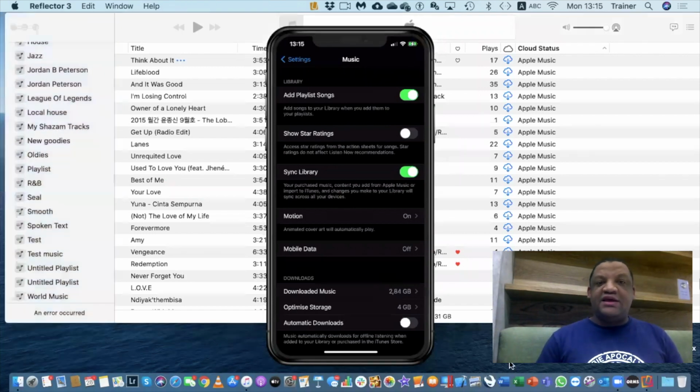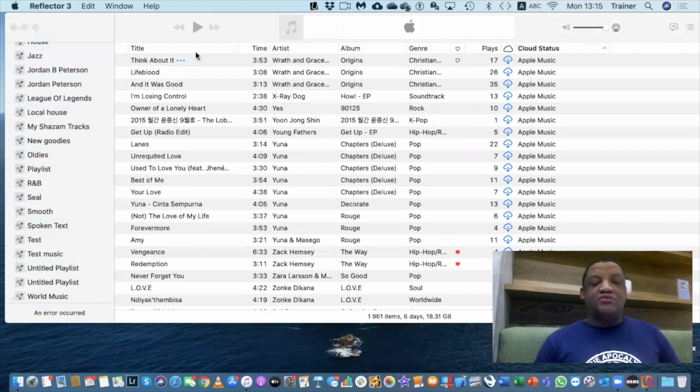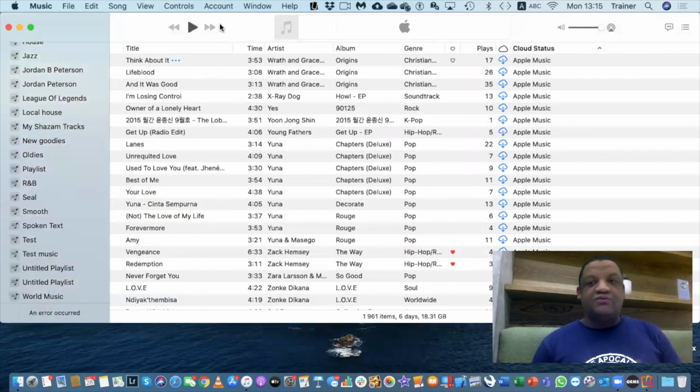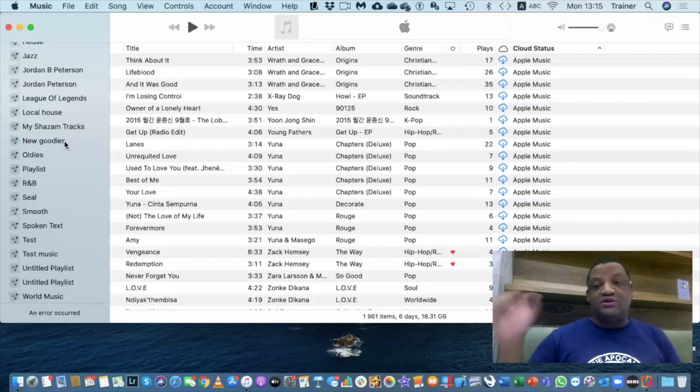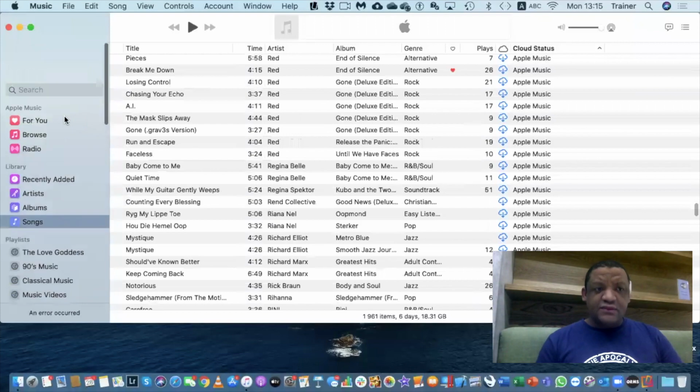So that is in terms of your iCloud usage and where you can see what's happening in terms of what music is on, what music is not on. But let's take a different approach to this. Let's say that you're not using iCloud Music, right, or Apple Music. You have SoundHound or you use Spotify and so on, but you still want to use iTunes. But sometimes you want to actually check out if the music that you don't find in Spotify and SoundHound is in iTunes, in the iTunes store.